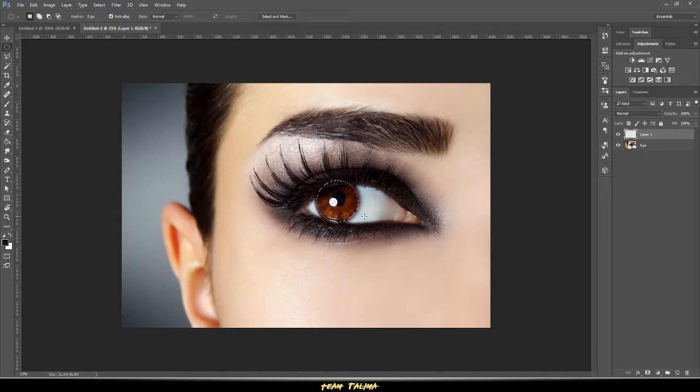Alright, once we've made our selection, what we want to do is turn the selection into a layer mask for a group of layers, not an individual layer, but a group of them. So here's what we're going to do. Since we're already working with an empty layer, we're going to come down here and add a layer mask to it. Now, as you see, that took our selection and added a new layer mask based on our current selection